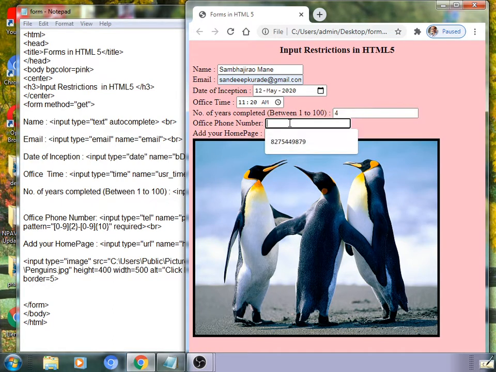Next field is phone number, telephone number. The field name we have given here is office phone number. Also it produces a previously entered number as a phone number. It asks the user whether you mean such a value. So, one can use a previous value as a phone number, mobile number.